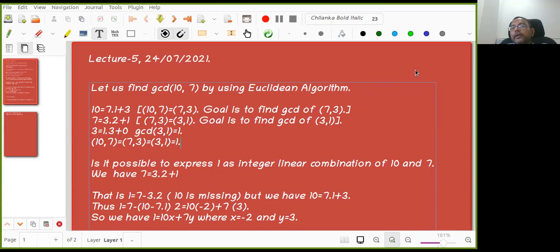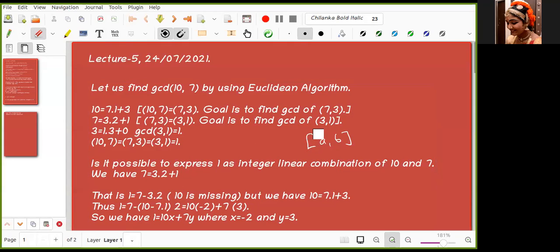Somebody asked a question. Sir, I just have a doubt. This might be very silly, but for the GCD of 10, 7 you have written GCD with brackets. If you just write the bracket 10, 7, does it still mean GCD? Yes, that is the notation we are using. In this entire course, sometimes I may write GCD, but even if I do not write it, it is GCD only. So in this course it is not an ordered pair, it is always the GCD. Later we'll introduce another thing called LCM, which is written like this, a comma b, with open and closed brackets. Okay, great.